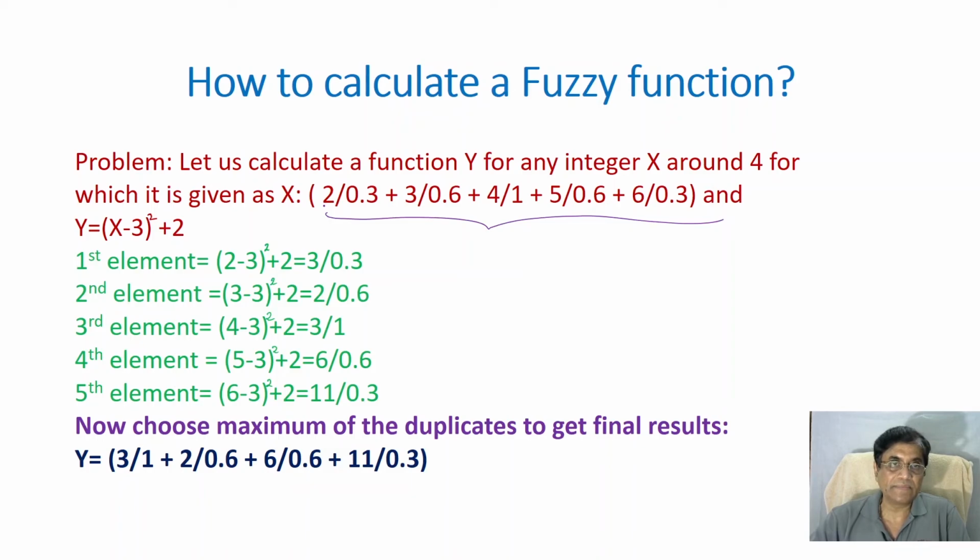Say, first element will be 2. So put x equal to 2. So (2 minus 3) square, whole square, plus 2 equals 3. Now, what will be the membership value? 0.3. Because 2 is a number having